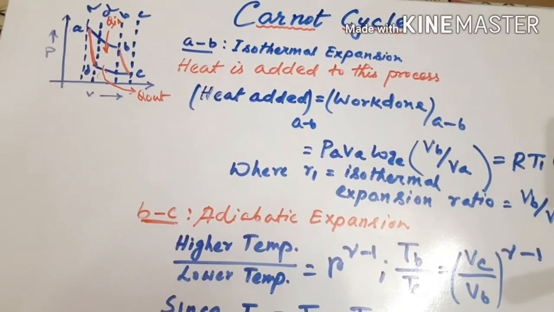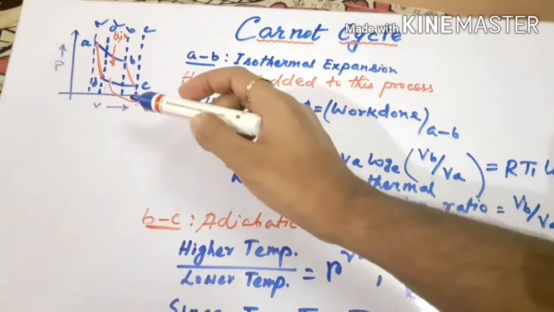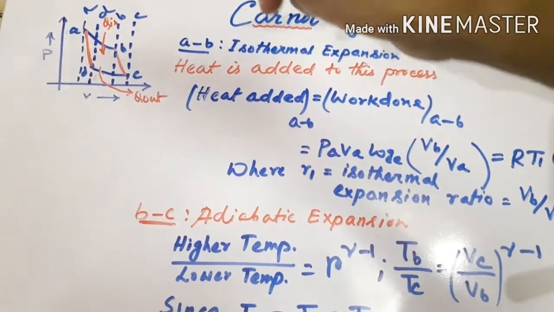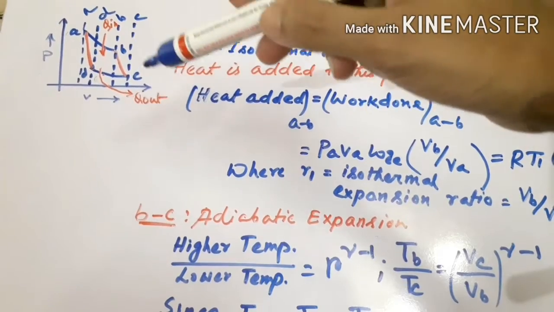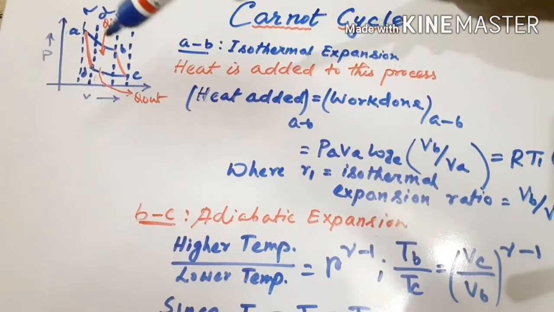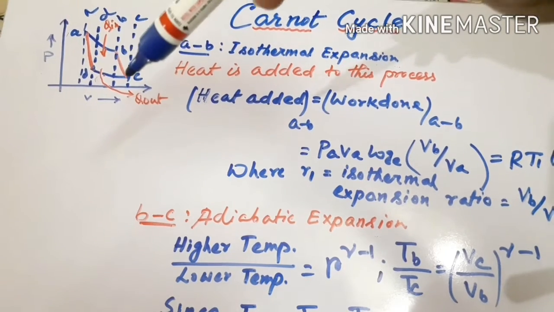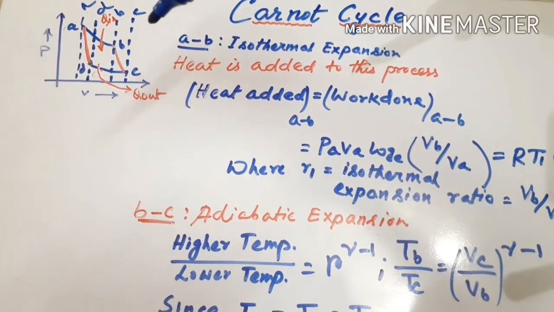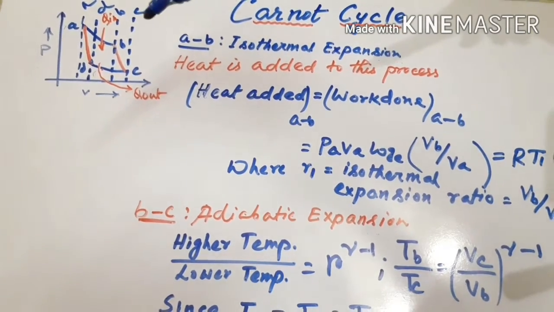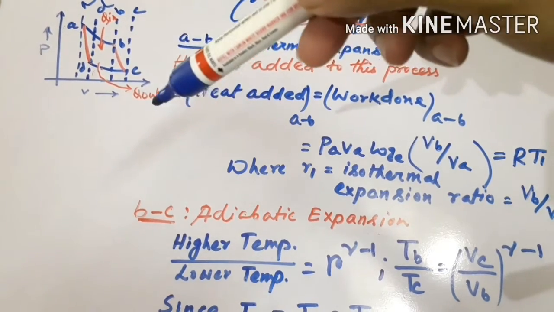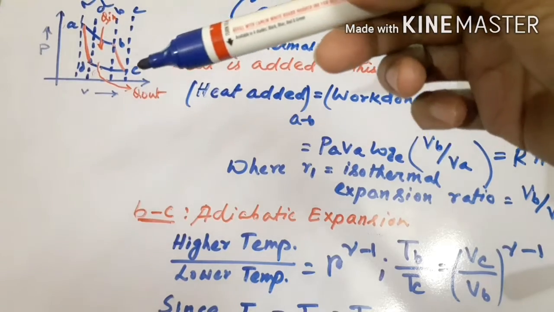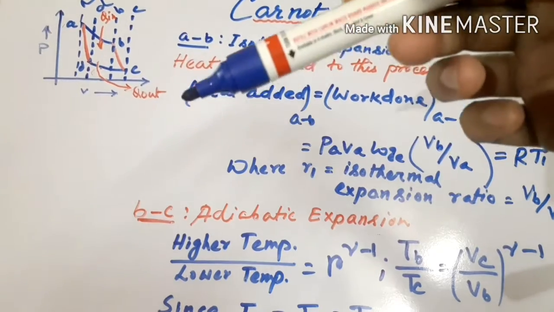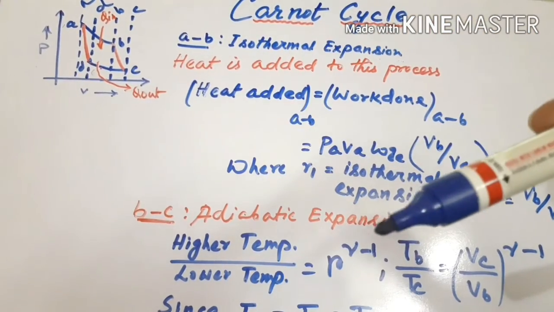First thing, you can see the PV diagram of this cycle. Just start the cycle from the point A. From point A to B, you can see a constant decrease in pressure as well as an increase in volume, which represents an isothermal curve. So, it is an isothermal expansion process. And from B to C, I have denoted it by a red line to distinguish it from the previous line. So, this BC is the adiabatic expansion process.